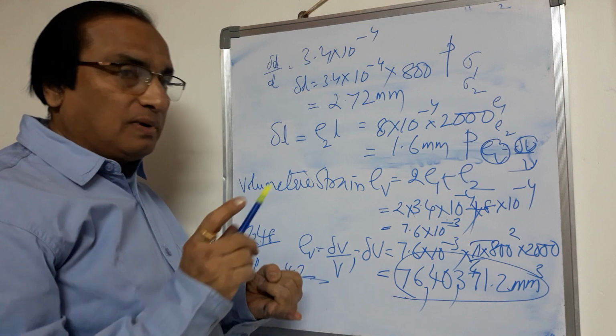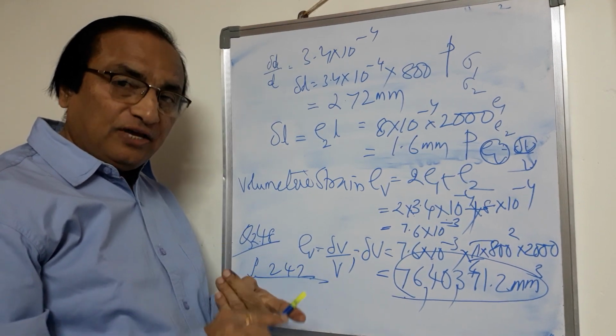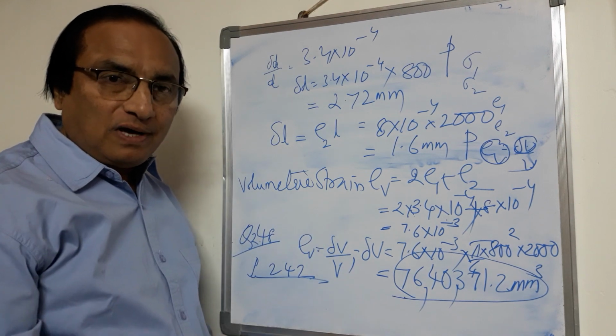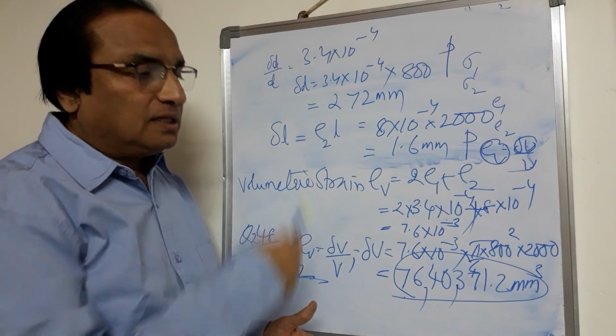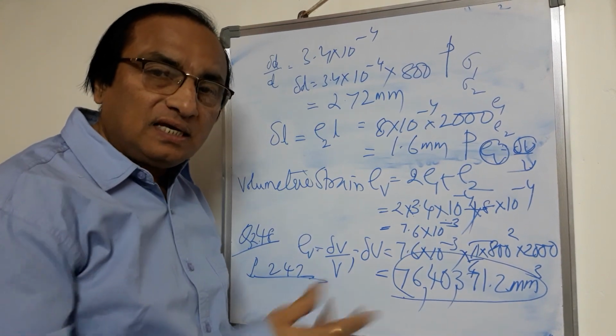The important thing is for you to remember the formulas for sigma 1, sigma 2, Q max, E1, E2, EV. You substitute the values, you get the required solution. This is about the thin cylinder. Next we will go for the thick cylinder in the next video.